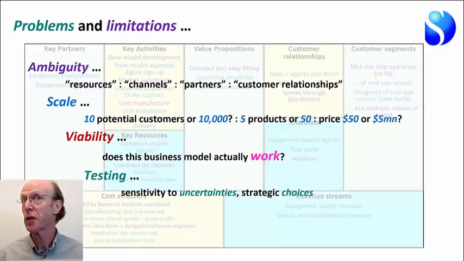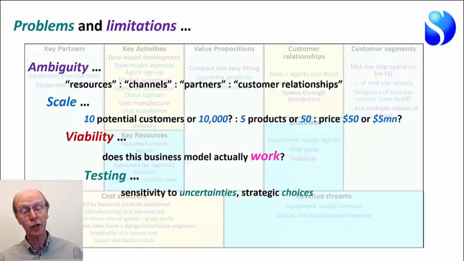There's nothing here for testing uncertainty about what competitors do. There's nothing for testing the choices that we make. We can't figure out from this whether we should offer one model of equipment or 3 models of equipment or 10 models of equipment, whether it should be small units for small vessels or medium units for medium vessels or large units. There's no means of making any testing of our choices here.